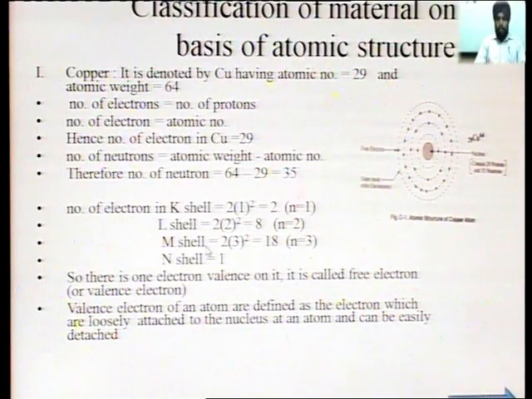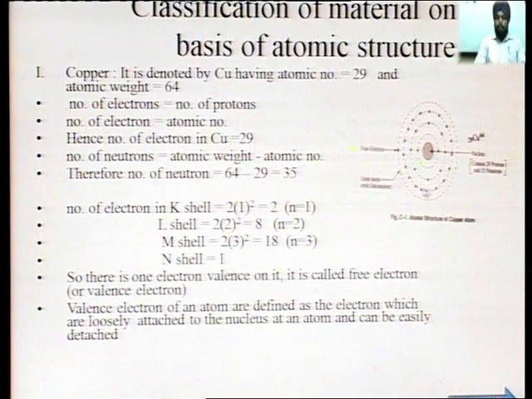In the M shell, the number of electrons is 2 times 3 squared equals 18. You can count the number of electrons in the third orbit, which is 18. In the last orbit, the condition is that the maximum number of electrons will be 8, but in this case the remainder is 1, since 2 plus 8 plus 18 is 28. So in the last orbit the number of electrons will be 1, and this last orbit is called the valence orbit, and the electron present in this